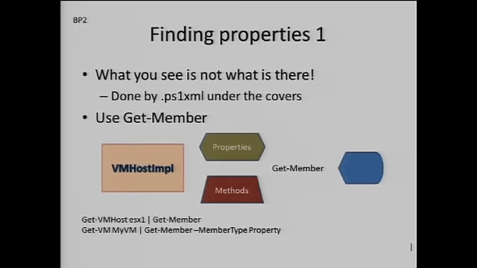Now, to see what is available in these objects that are returned by Get-VM, Get-VMHost, you have this standard commandlet, which you all should know if you use PowerShell. That's Get-Member. Get-Member will return all the properties, but also all the methods that are available on a specific object. Now, in short, a method, what is that? That is a kind of a function that you can call